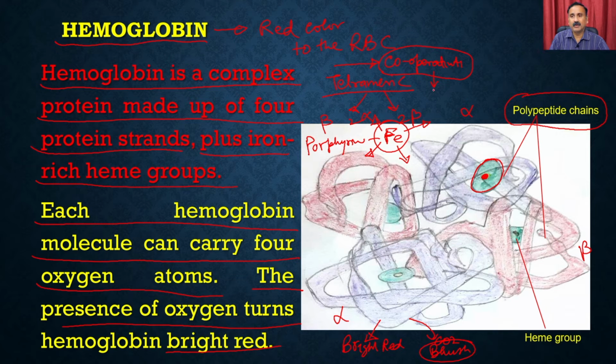So, it is actually going to have the slow release at the site of the tissue, and it is also going to have the slow loading as well. And this slow release and slow loading has a very high significance, because if the hemoglobin molecule is going to release a large quantity of oxygen at the tissue site,